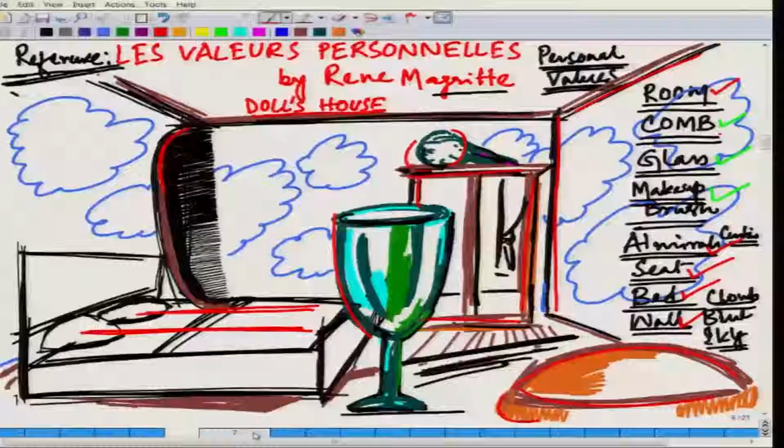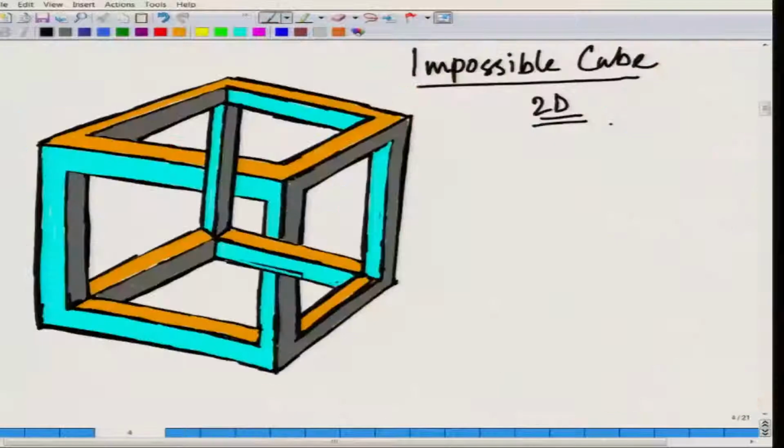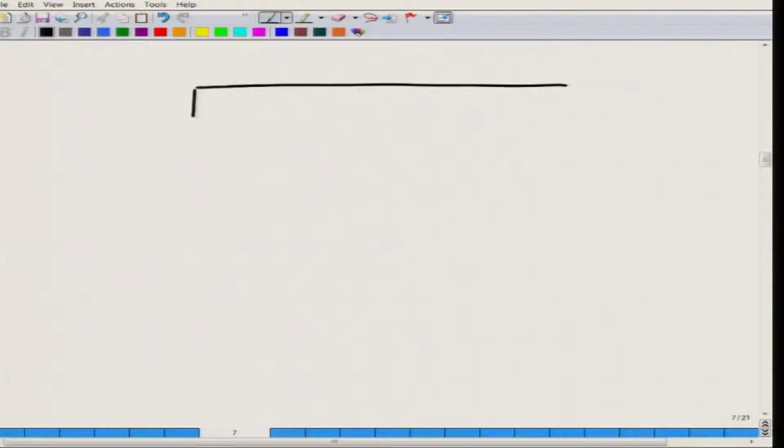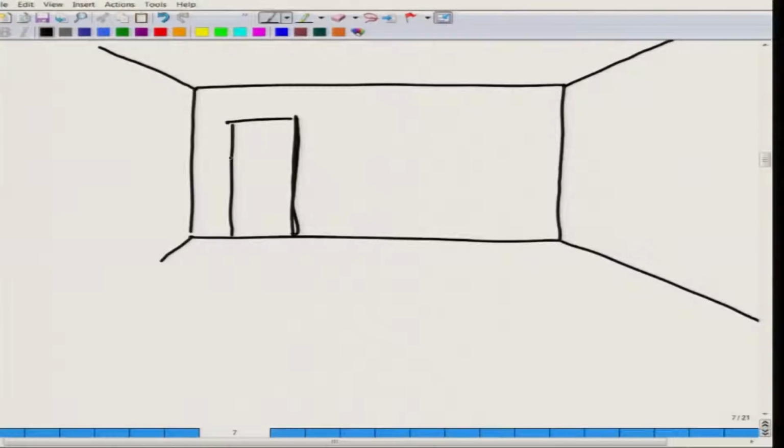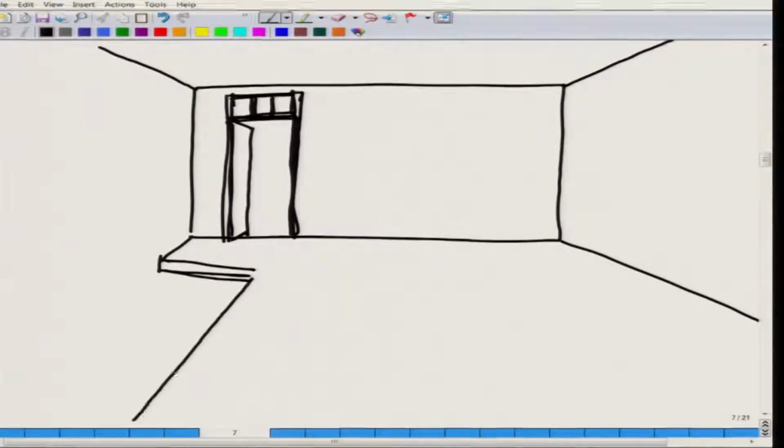So, it can also happen, let us see that with another visual, that there are lots of things that is possible in reality, like the impossible cube that we have seen earlier. Let us take example of a classroom. So, this is one of the wall of a classroom, this is the entrance. Now, we have one place where the teacher will stand,